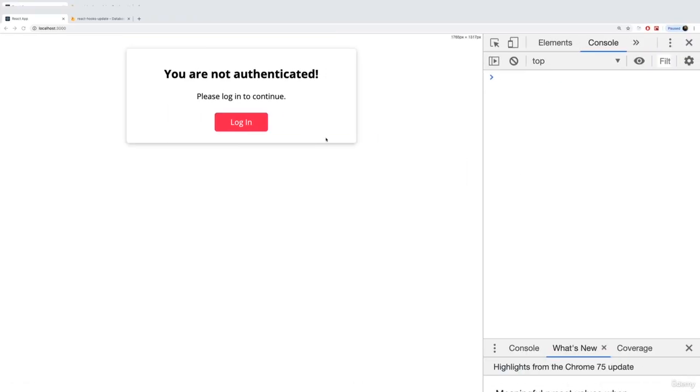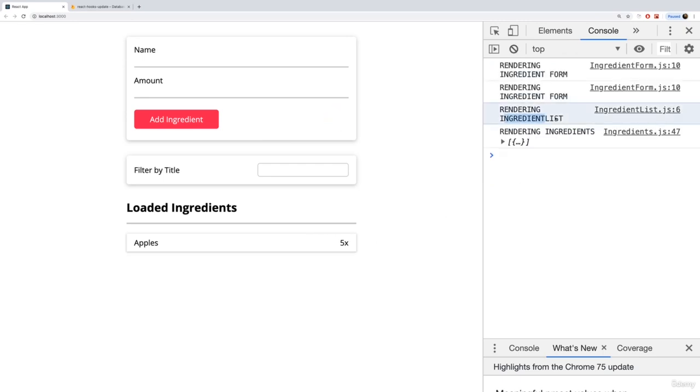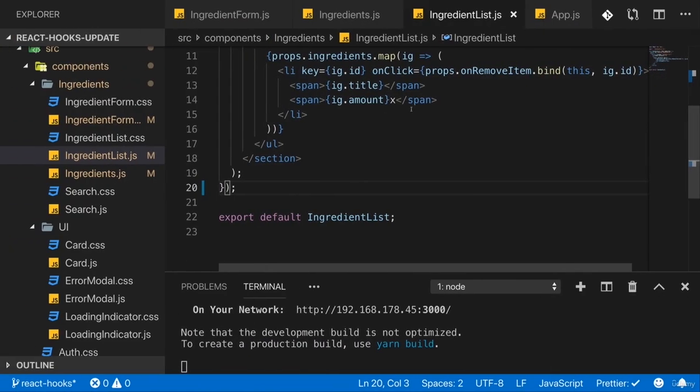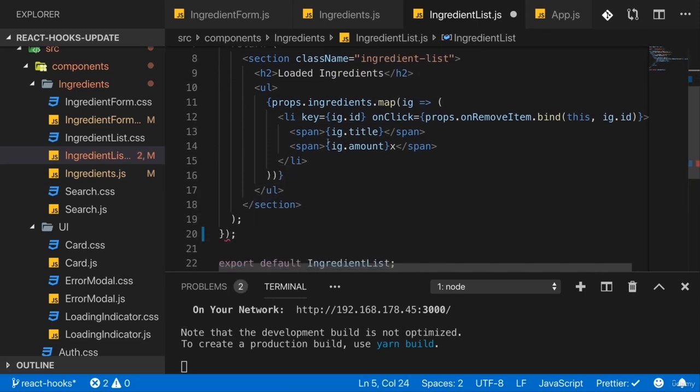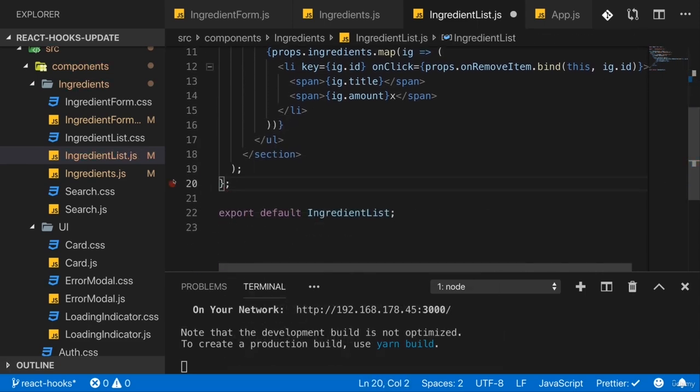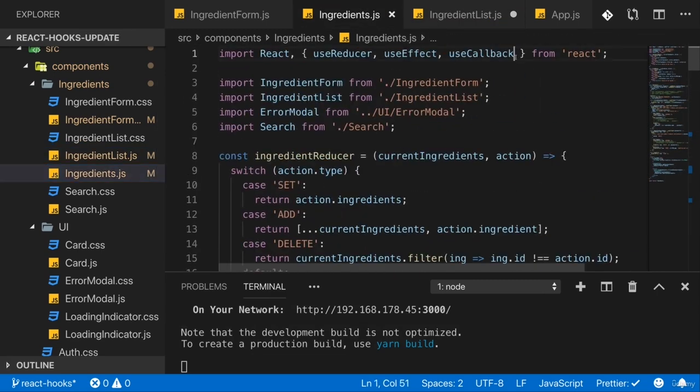And if we do so, we log in, clear this, and I click bananas, we only render it once. So we're having the effect we want. We're only rendering this when this changes, not when something totally different changes. And there's nothing wrong with doing this, and actually this is the approach you'll typically use. Still, I want to show you an alternative, because there also is another hook you can use, and that's the